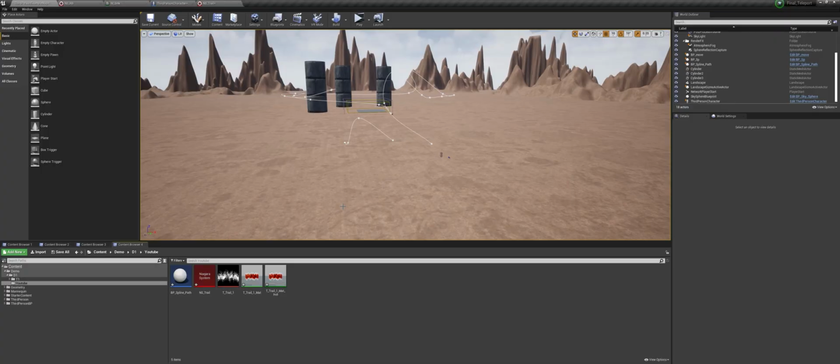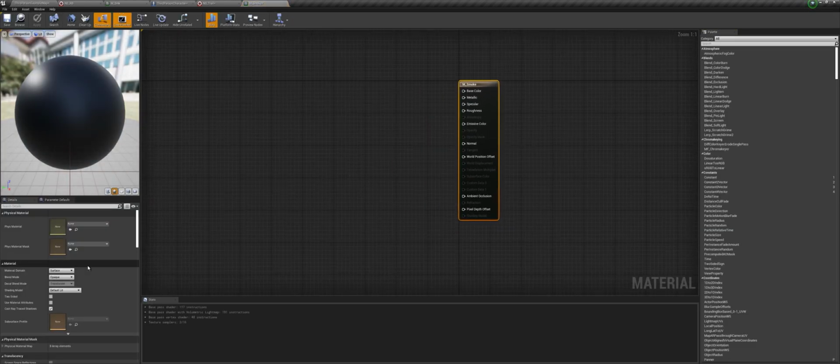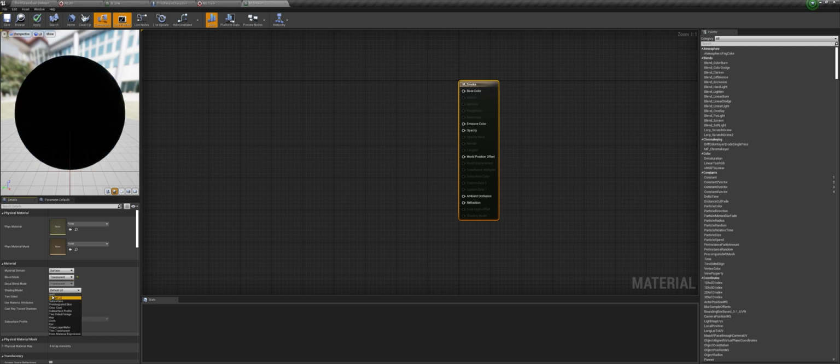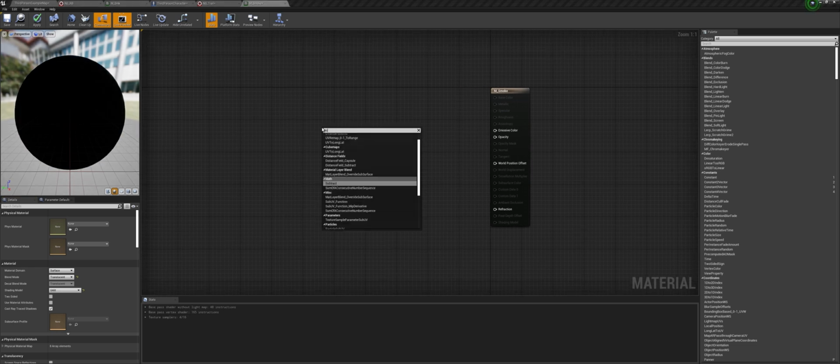Now we will create the smoke particles. So for that, first we need to create the material for that. So right click, then create material. Then I will call this m_smoke. Then open it up. Then I will select this and change this to translucent and change the shading model to unlit. Then here I will type in sub UV, then